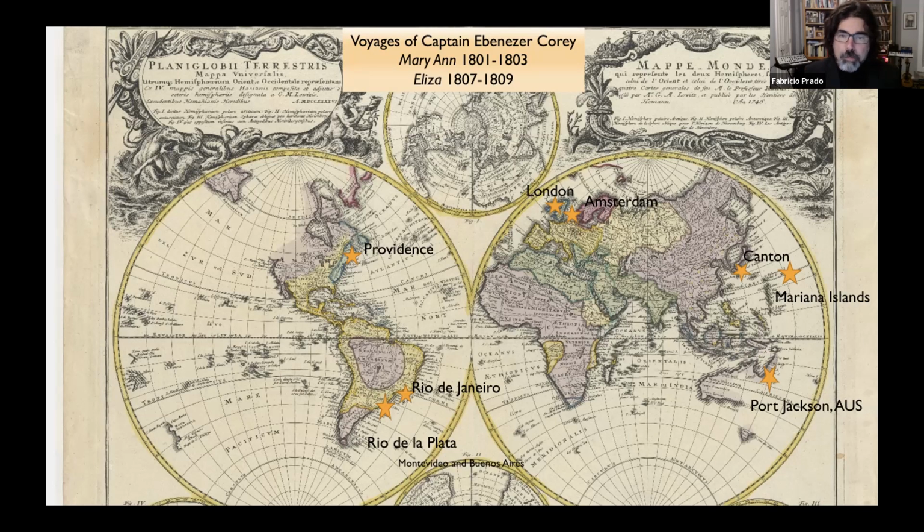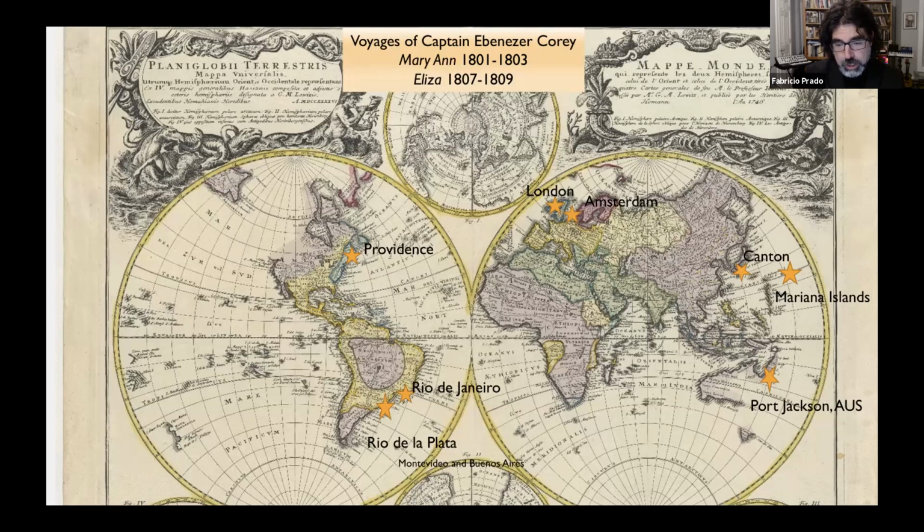We don't know exactly what happened in this voyage. We know that the relationship between Ebenezer Corey and his crew when they reached Port Jackson was terrible, to a point that Corey charged some of his officers of stealing from the ship, and British authorities put some of them in jail. Eventually, they regrouped and left Port Jackson, where they collected some bills of exchange too, and they were heading to Canton. And that's when the fate of our Ebenezer Corey started to change for the very bad.